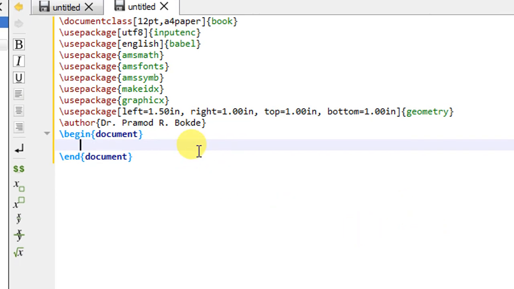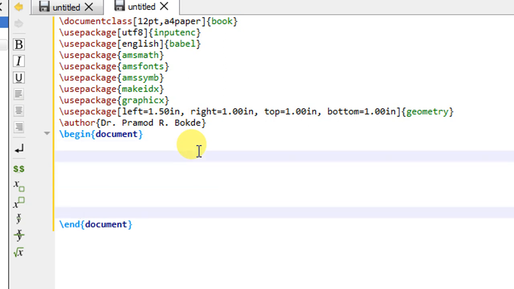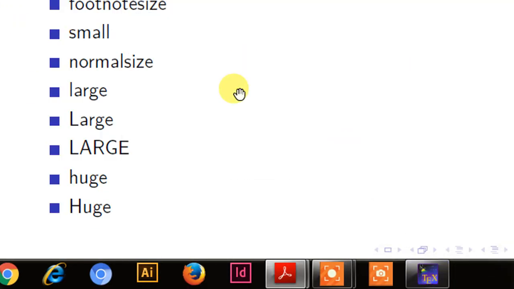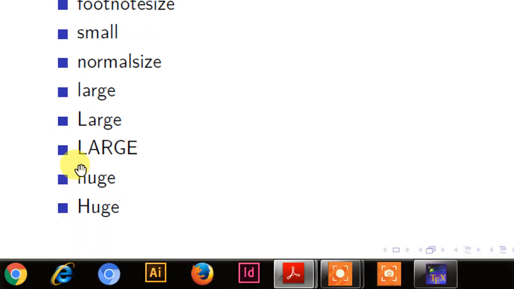Now, to check the various font sizes available, I will consider a simple statement: LaTeX is a typesetting system. A very small sentence I have considered. I want to check all these text sizes: tiny, script size, footnote size and so on.